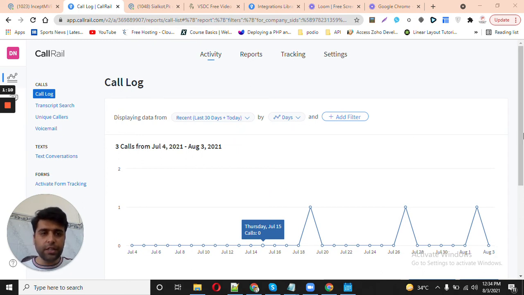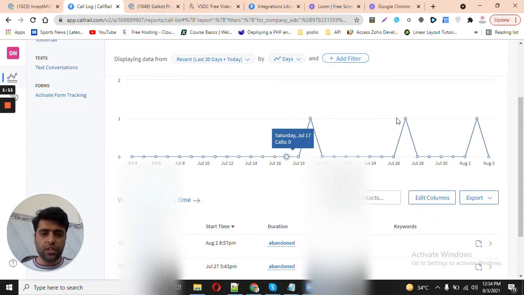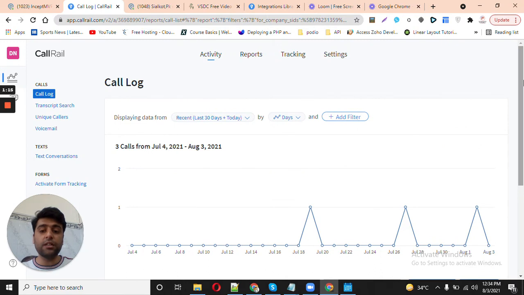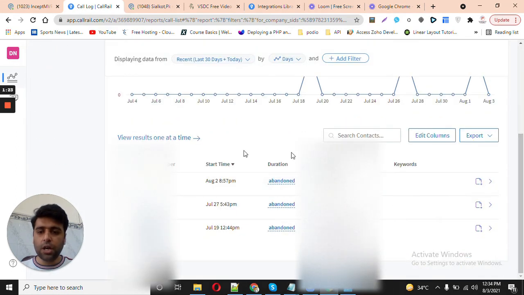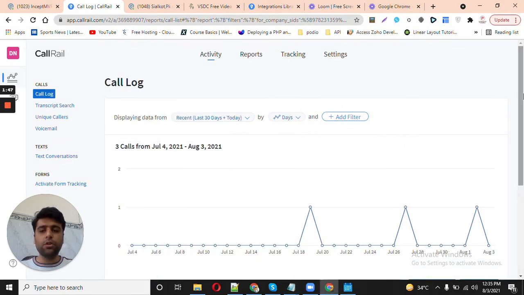So here is the graph which you can see here. You can see all the communication which was done in the past days. It's a new test account, so right now there is not a lot of communication showing here. You can see all the calls which were made here, and that they came to this particular tracking number. This was the time the call was received, and if you had a communication with that caller, then you will also have a recording available. Similarly, you can see the contact details for that caller.